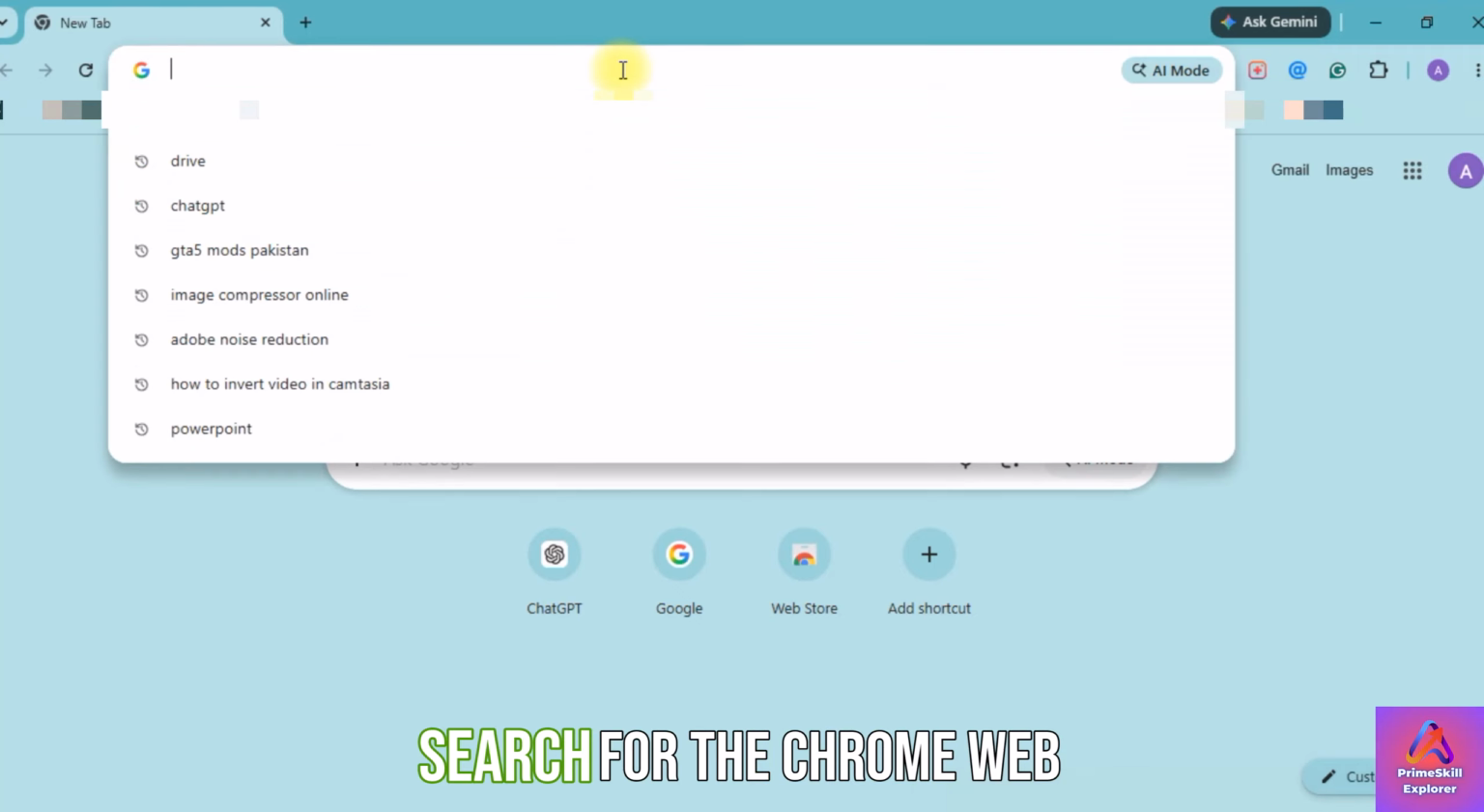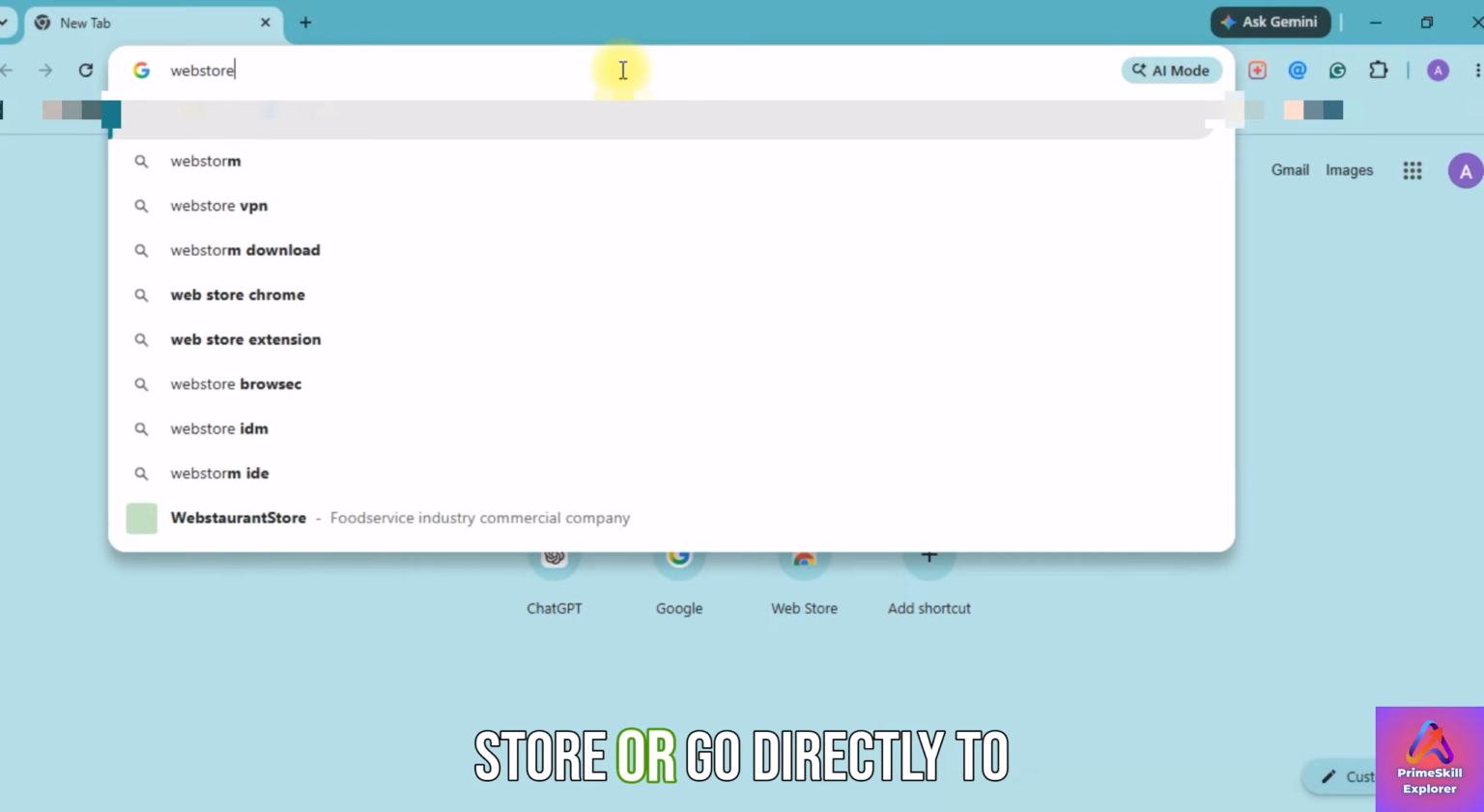Want to enable dark mode on every single website you visit in Google Chrome, even if the site doesn't support it natively? Here is how to easily set up a dark mode extension from the Chrome Web Store in just a few clicks. First, open Google Chrome and search for the Chrome Web Store, or go directly to